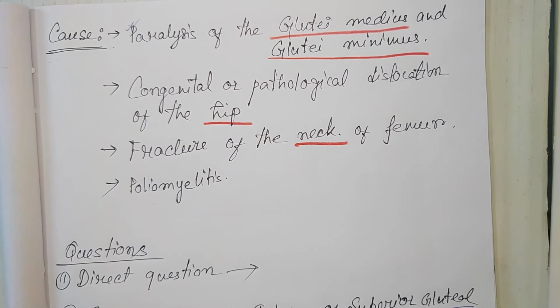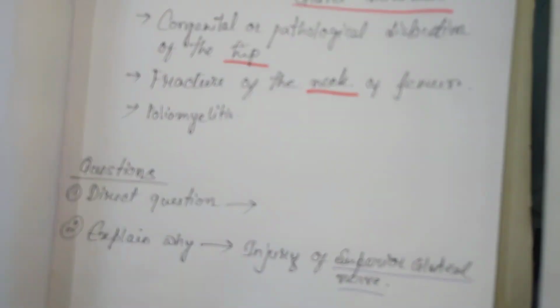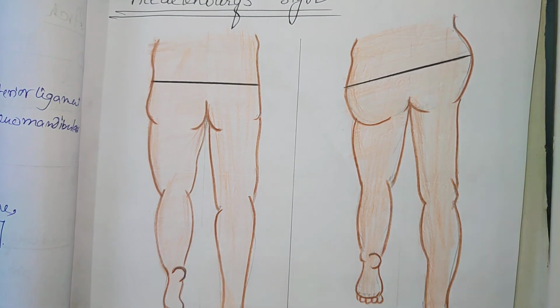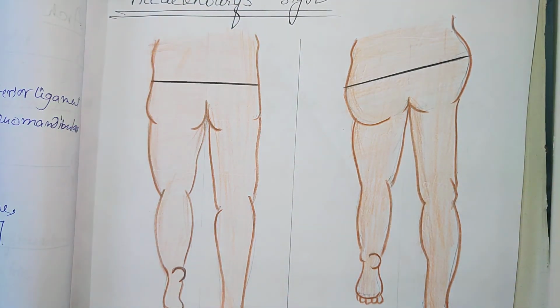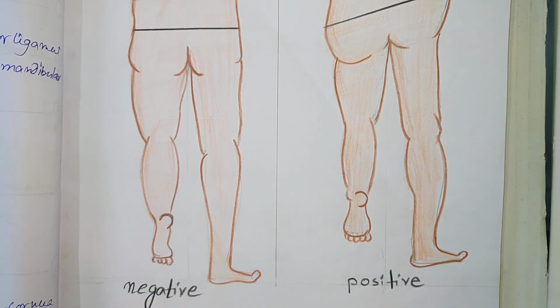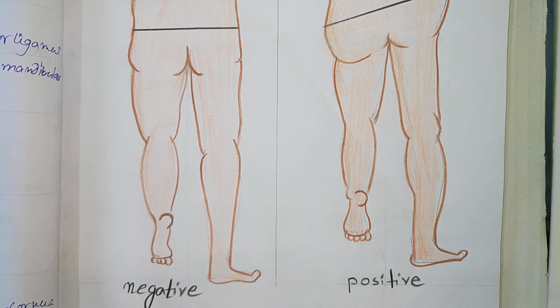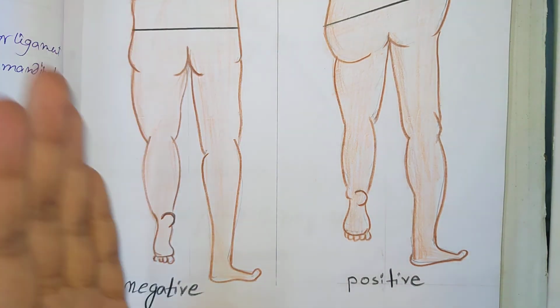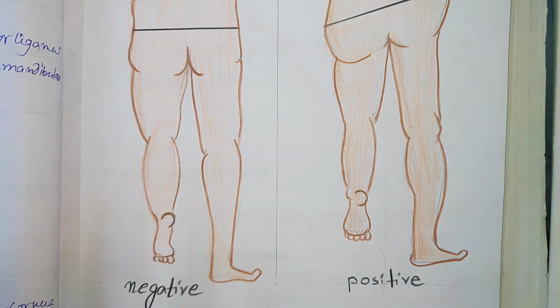And one thing I'll tell you, please give the diagram. If it's a 2 mark question and you have written this much, but still you try to draw the diagram, and if you have enough time, you draw this diagram. You need not be so much artistic. Okay, you just need to make the examiner know that yes, this is the diagram of the 2 limbs. One of the limbs is uplifted and the other one is touching the floor. You need not be so much artistic.